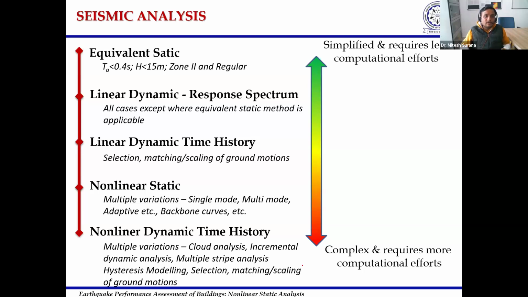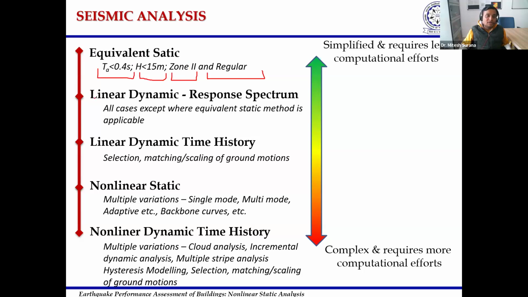And accordingly, the code defines that this type of method is only applicable when certain conditions are satisfied. What are those conditions? The first condition is that the fundamental period of the structure is less than 0.4 second. The second condition is that the height of the building that we are analyzing is less than 15 meters. Then it is in a low seismic zone and it is of regular configuration. So under all these assumptions only we can perform the equivalent static analysis. If any of these assumptions are violated, then equivalent static analysis cannot be performed. Then we need to move to another type of analysis called linear dynamic analysis,